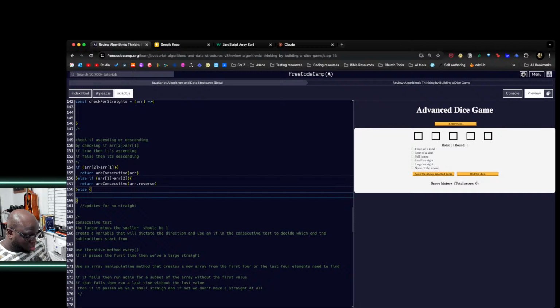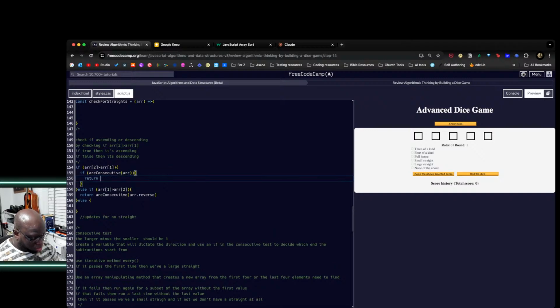So I want to nest an if in here. If it's ascending, then instead of returning that, if it is consecutive, then return true. Else